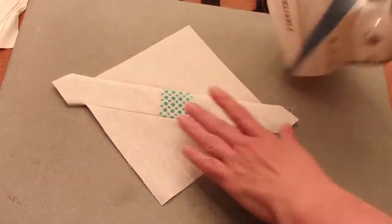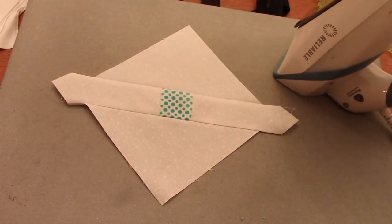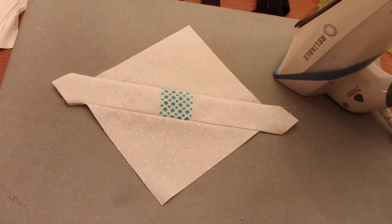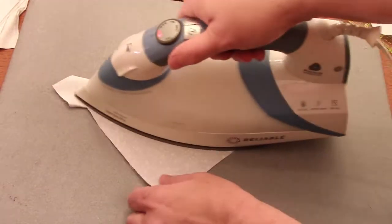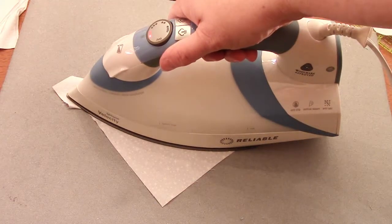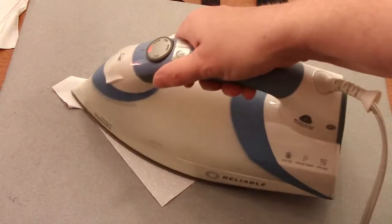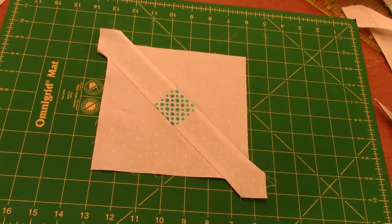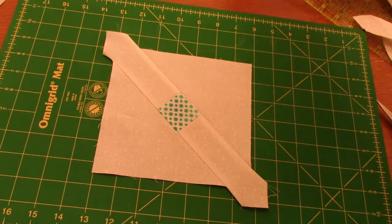At this point, it doesn't hurt to give it another spritz with the best press to just hold the whole thing stable for when we're ready to start trimming it down to size. Now we're ready to trim our blocks down. We're going to trim them to 5.5 inches, and we want to center that blue square in the middle of